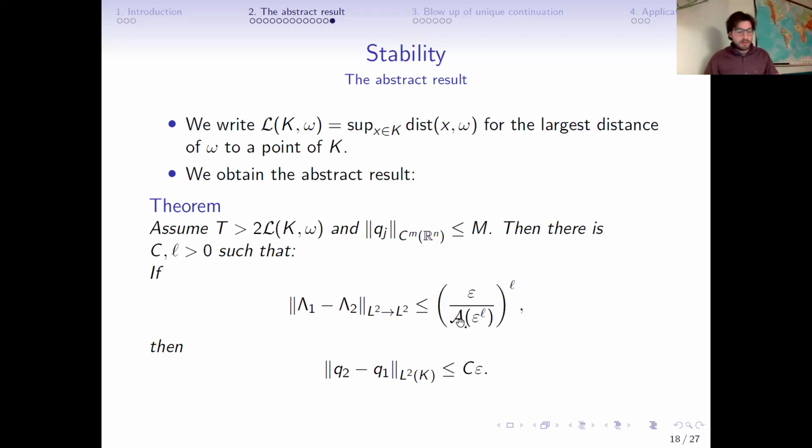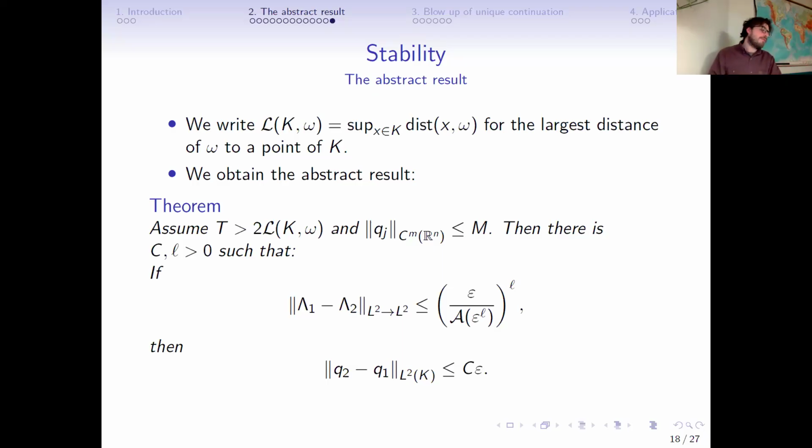So it's not a logarithmic stability, it's not log-log, it's just an abstract result, but it's a result that makes the link and says that once you have some bound on your cost of the approximate control, this is in a way the quantity that will give you information about the stability of your problem